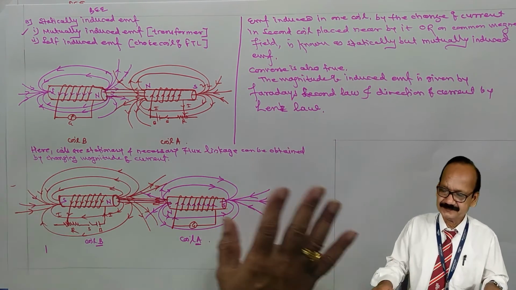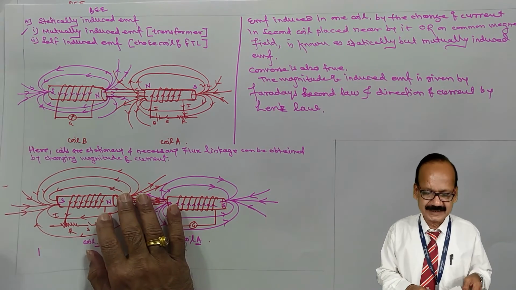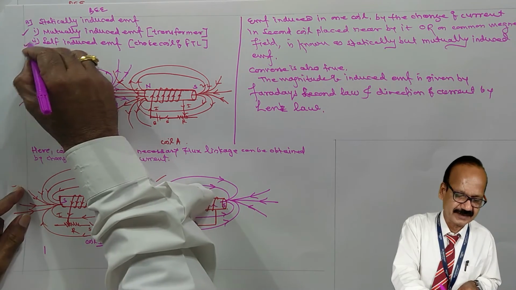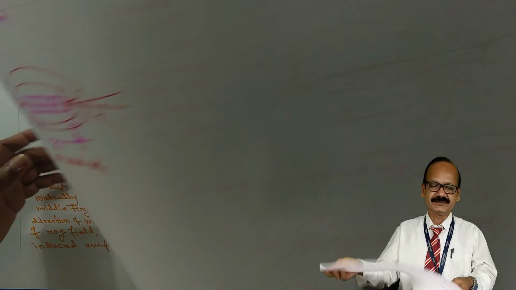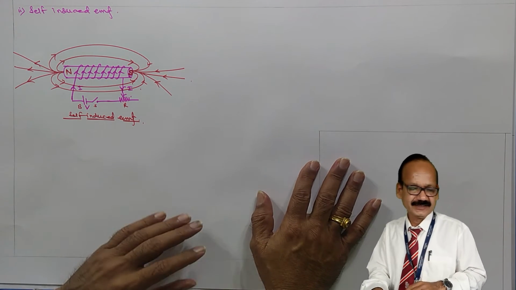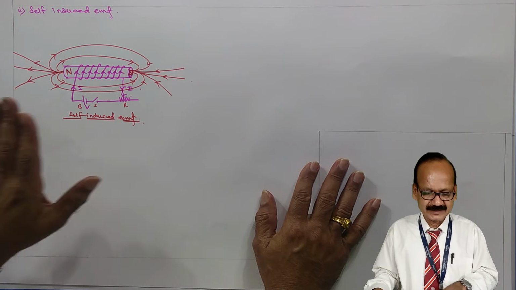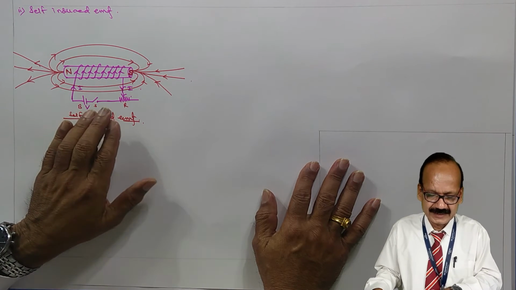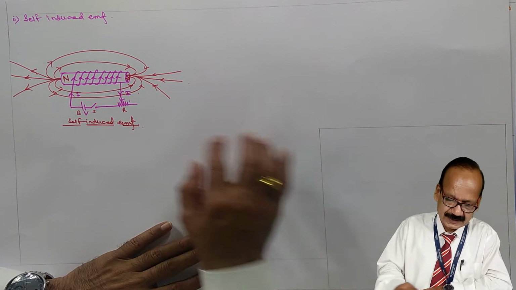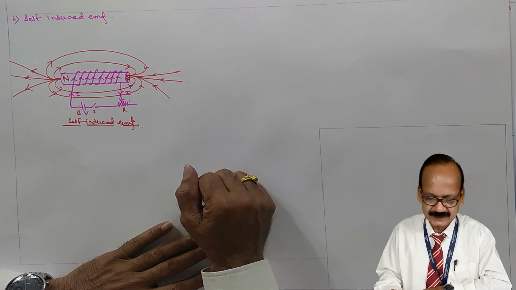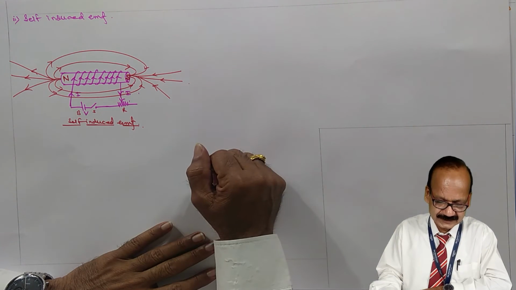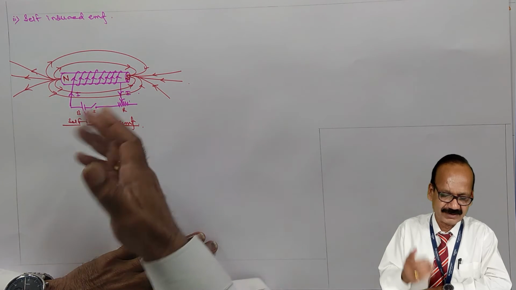So in this way, here we have finished the statically induced EMF. Now let us consider the second point, self-induced EMF. Okay, so here it is, self-induced EMF. We have considered only the one coil and the battery, switch and rheostat is connected to it. By closing the switch and changing the rheostat position, we can change the current flowing through the coil, and as the current flowing through the coil changes, flux linked with the coil changes,